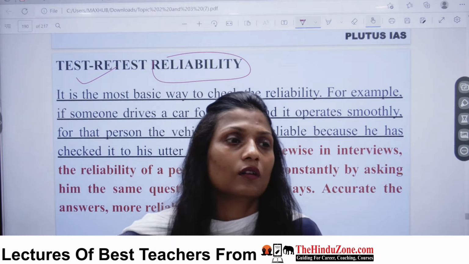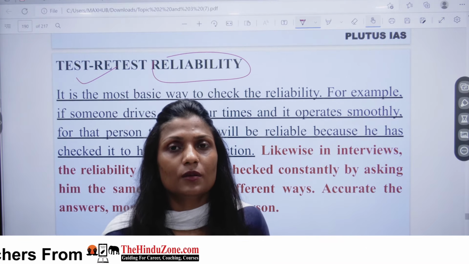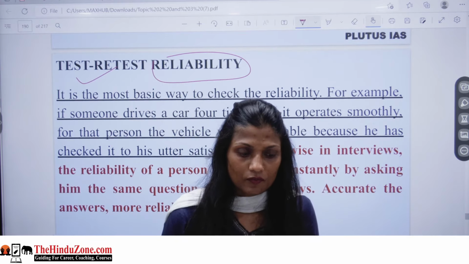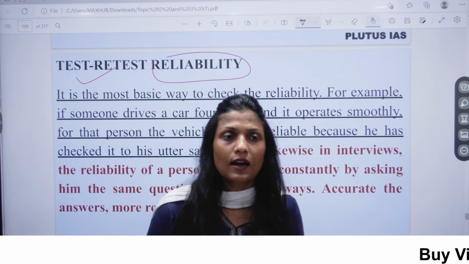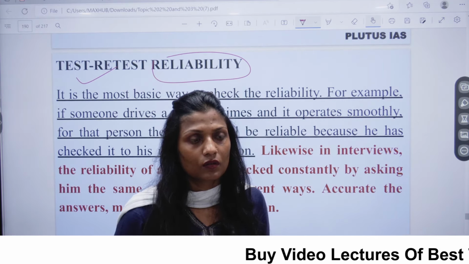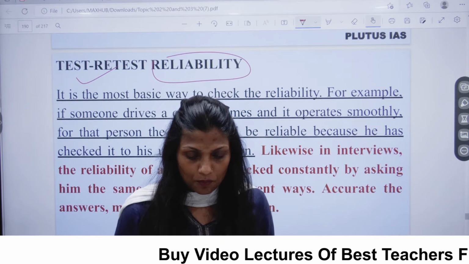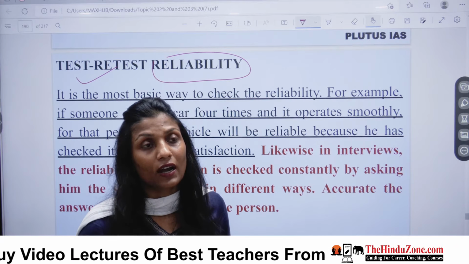To confirm reliability, the researcher must not have to conduct research again and again,